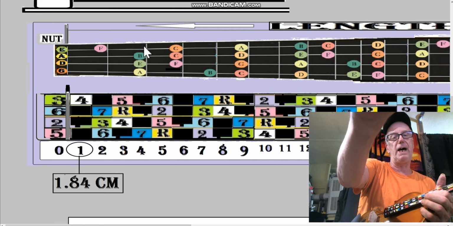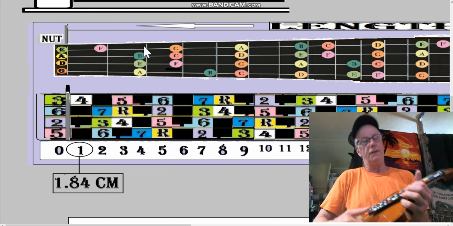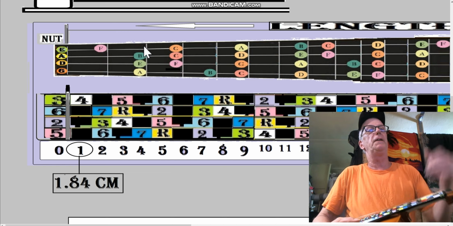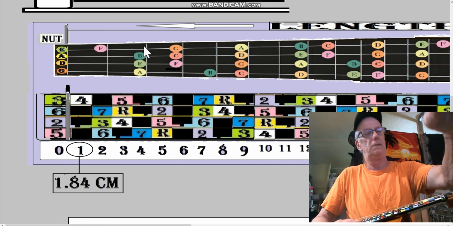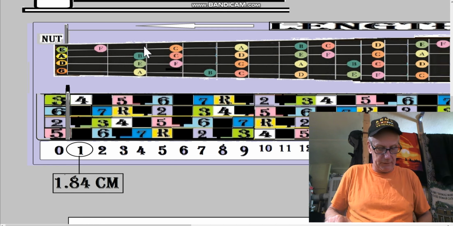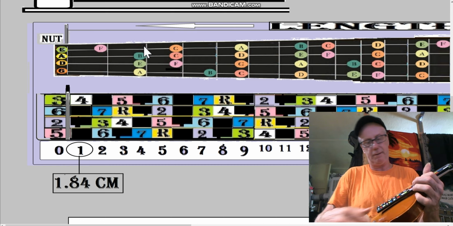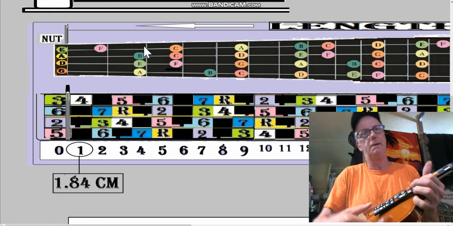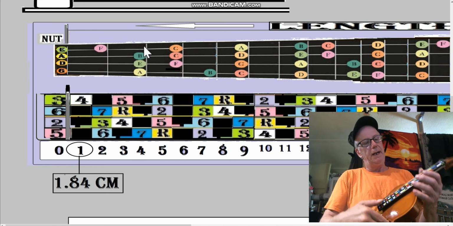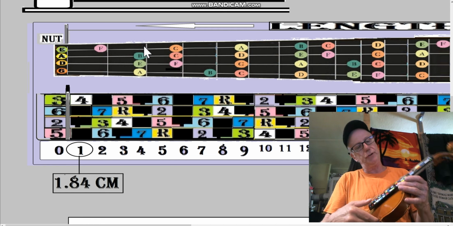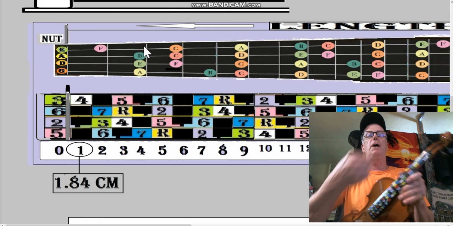It's a little flat. See, so if we verify that our string is in tune, no, it wasn't. It went a little flat. Okay, now we try our B. It's still a little flat. In any case, it's close enough for rock and roll. The reason why I want to have this on